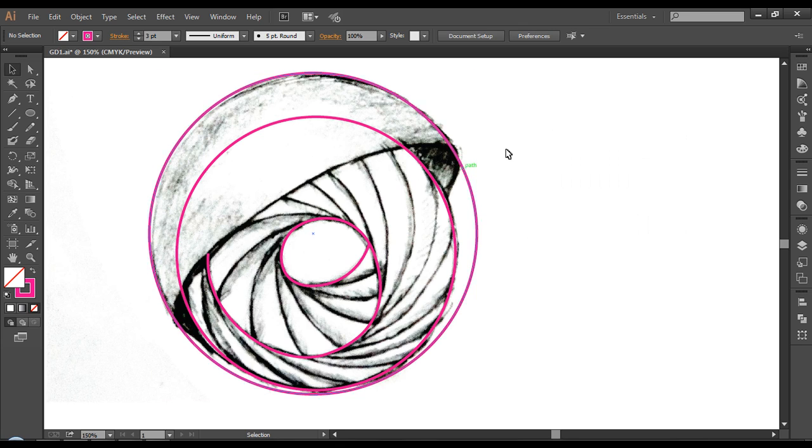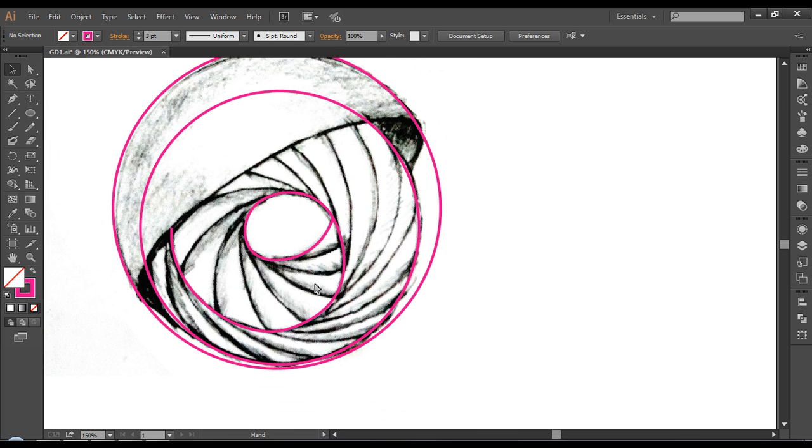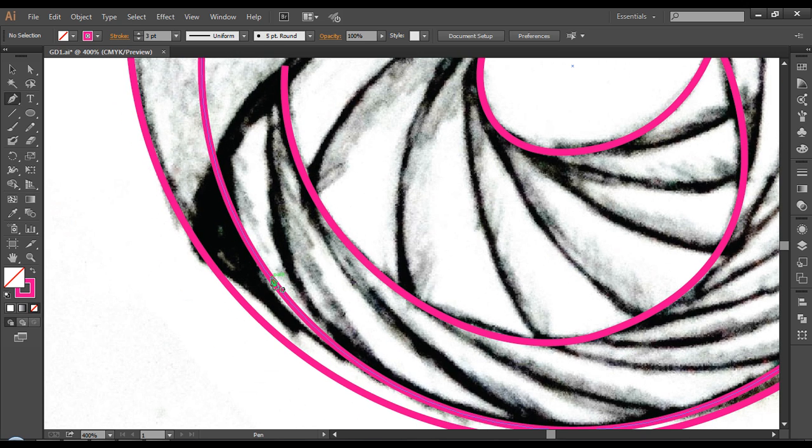Next, let's draw out this part. What I can do is either use the ellipse tool again, or maybe use the pen tool. Whatever choice you take. For this, I'll use the pen tool and draw out some shapes here. So I'll start from here, click, and give a nice curve around here like that.